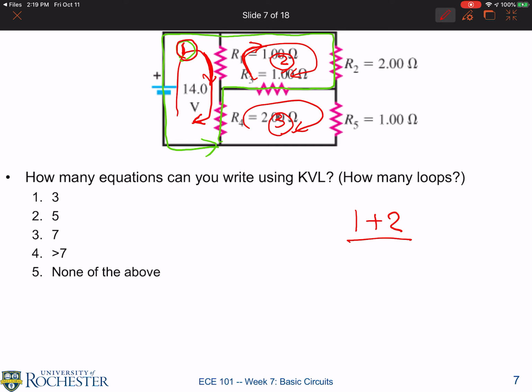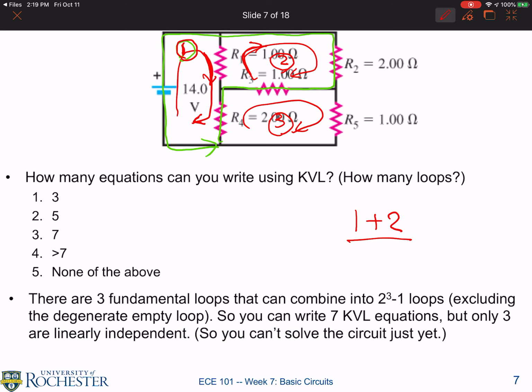So it's the rest of the element. And that's exactly what happens when you're writing the equations. In fact, there are 3 of what I call fundamental loops, the smallest loops that cannot be decomposed into other loops. And in this particular case, you can combine them any way you want. You can do 1 plus 2, 1 plus 3, 2 plus 3. You can even have 1 plus 2 plus 3, or none,